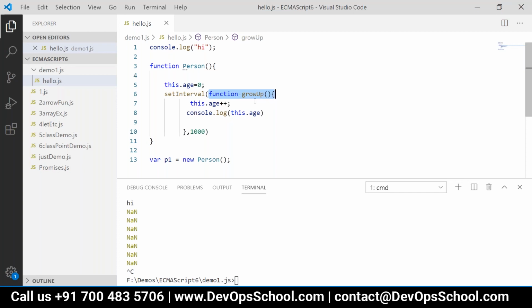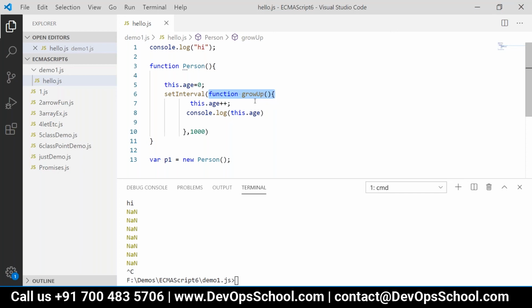So what is a workaround for this in JavaScript? We want to refer to the outer function's this. Here person is the outer function, grow up is an inner function. Inner function can access the variables of outer function. Okay, but the problem is created by this. This inside the grow up function refers to the grow up.